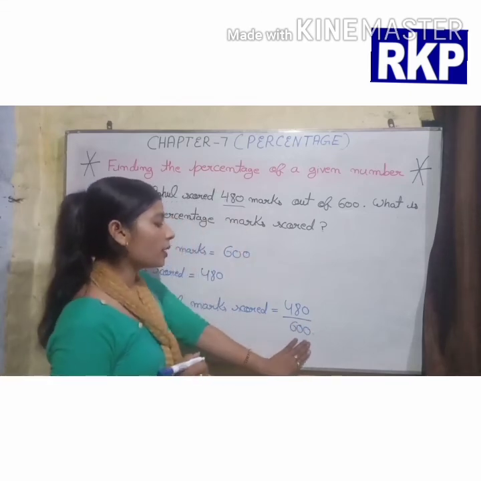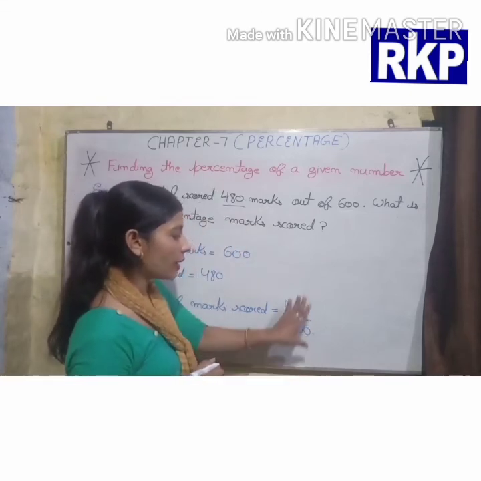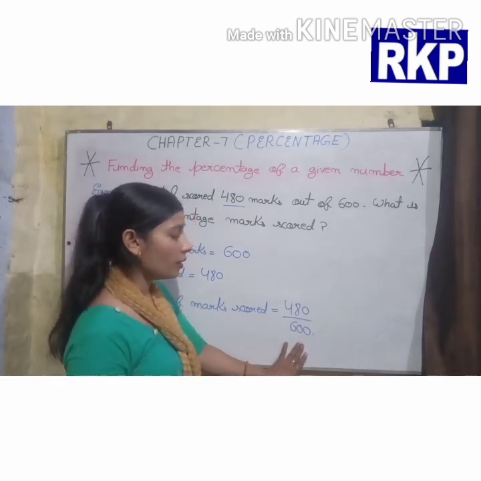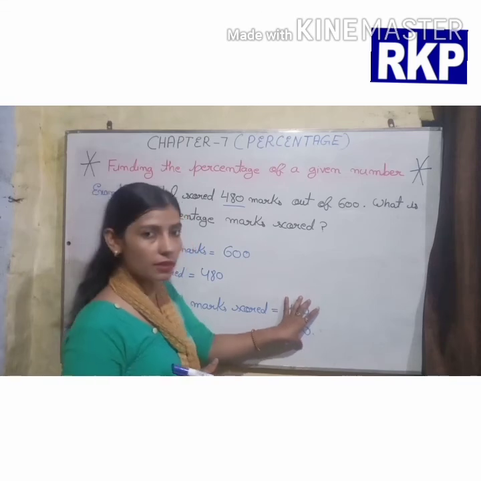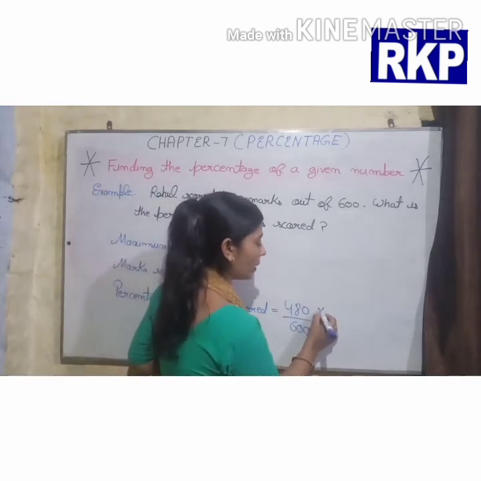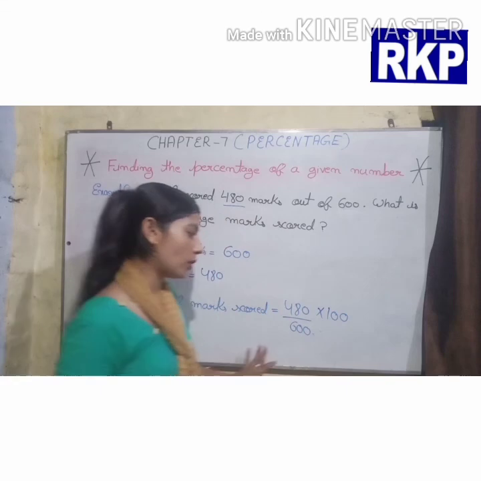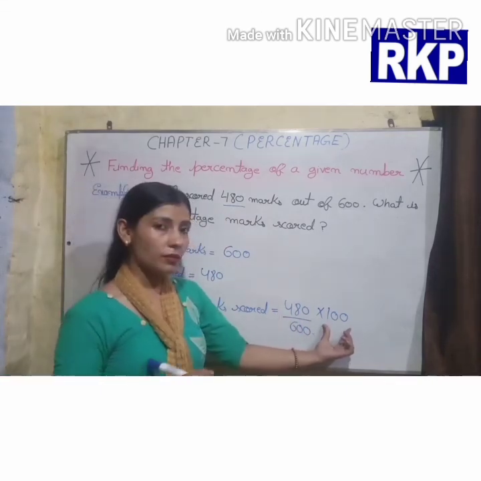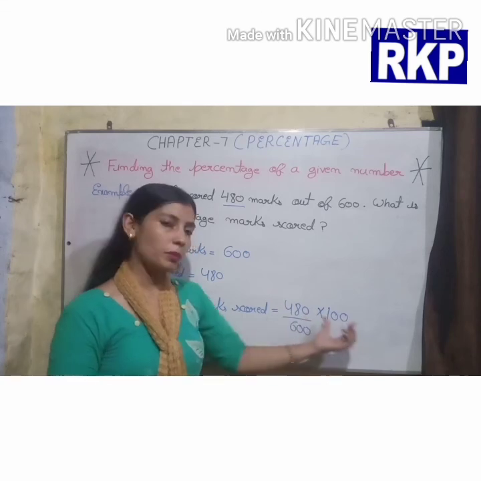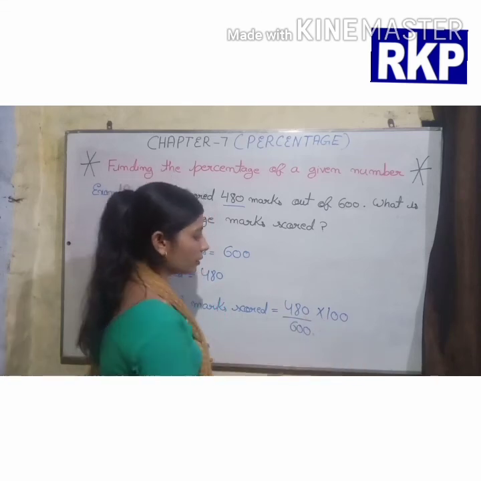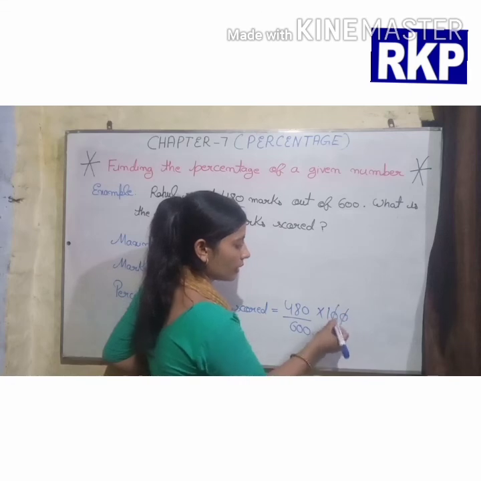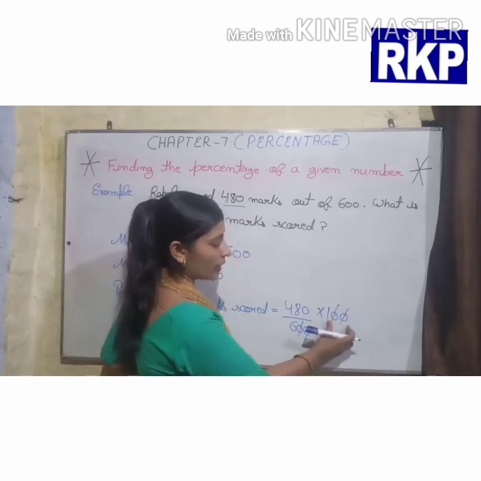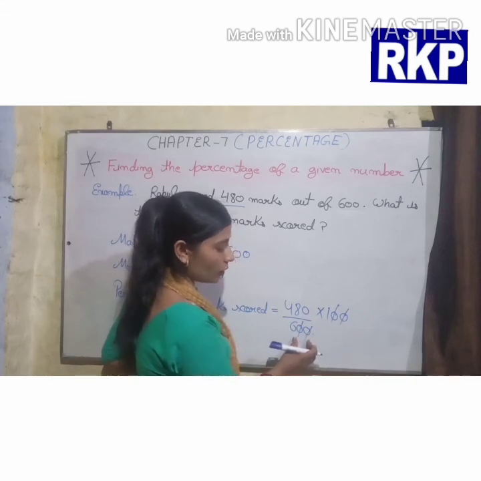Okay. Now beta, we have to convert this fraction into percentage, and we know very well how we can convert any fraction into percentage. कैसे? By multiplying with 100. Okay. If you multiply any fraction with 100, then we can convert this fraction into percentage. So now here beta, we have 2 zeros at the last, and here also we have 2 zeros at the last. So we can cancel these 2 zeros with these 2 zeros.